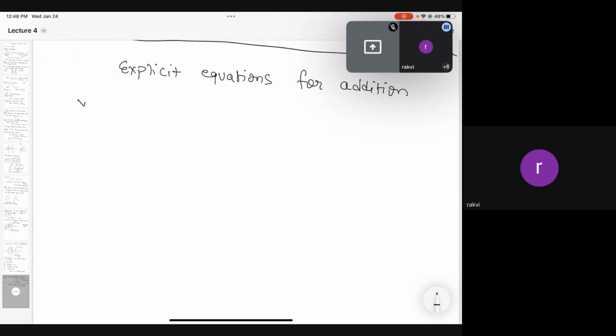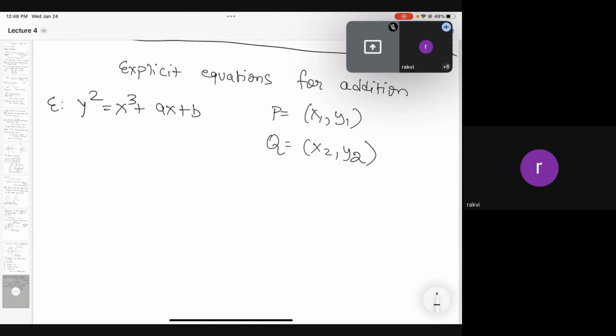Let's say our curve is y squared equals x cubed plus ax plus b, and I want to add two points x1, y1 and x2, y2. So what do I do? First of all, I take the line joining them, right? And what is the equation of the line joining two points? If you remember the point slope formula, it's